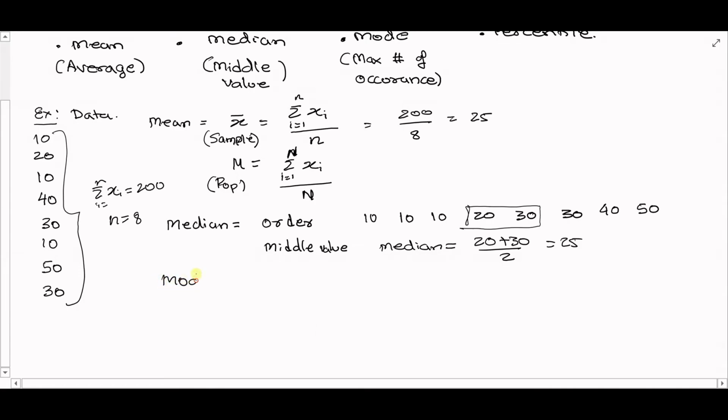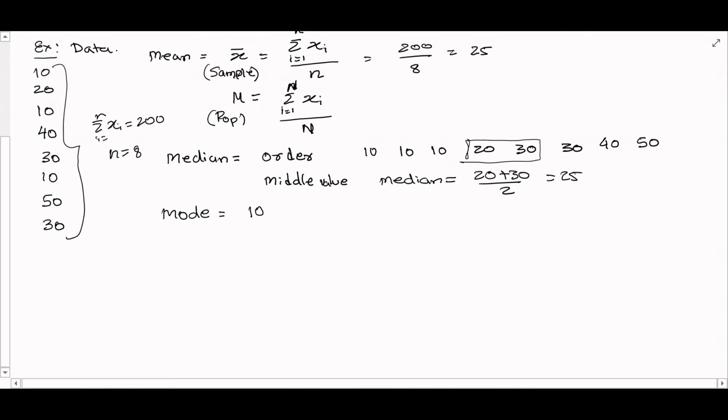Mode is, as I said, the value which occurs the maximum number of times, and so if you look at that, 30 occurs twice, 20, 40, and 50 occur only once, but 10 occurs 3 times, and so the mode is 10. To figure out percentile,